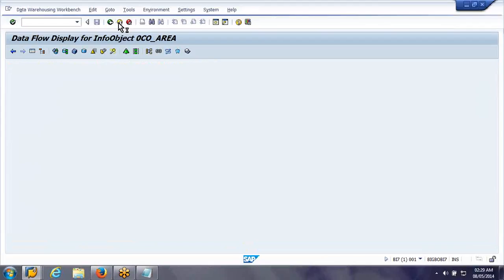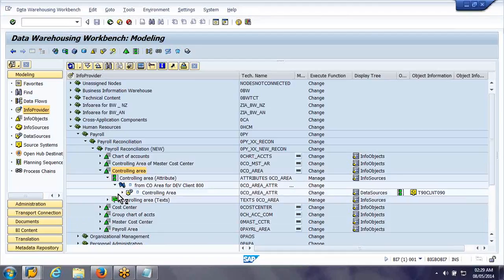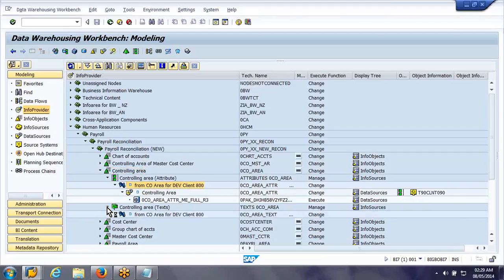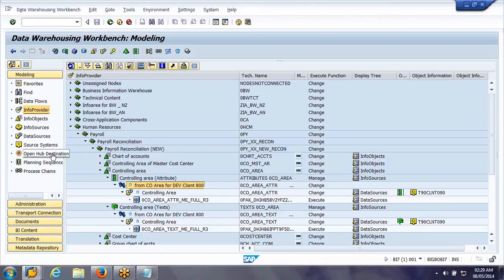Now you can see over here, first you have a transfer rule, then you have an update rule. That kind of concept will be there. So this is a transfer rule. In this case particularly, an update rule is not there, but usually you will have an update rule also. Now go to the data sources,